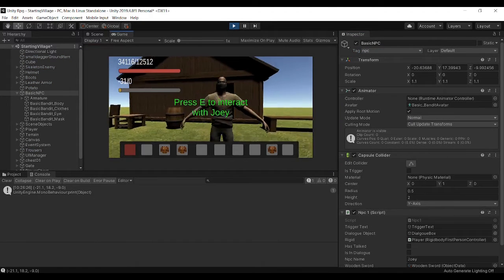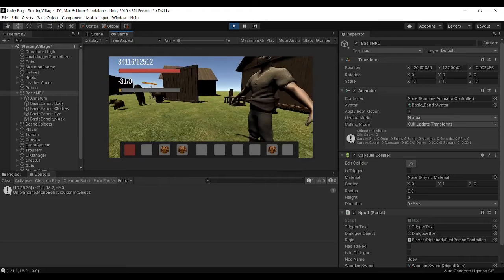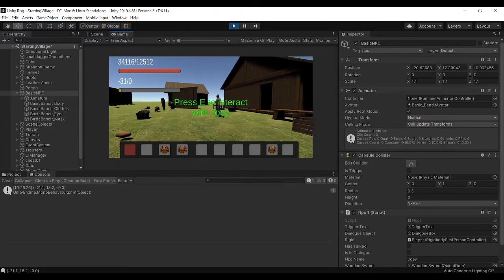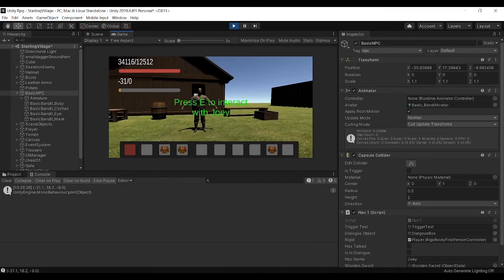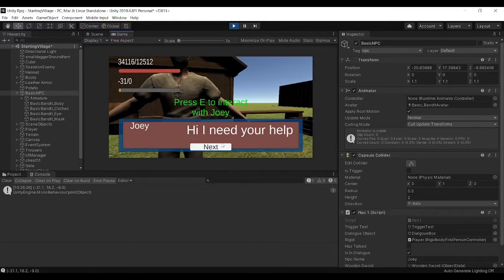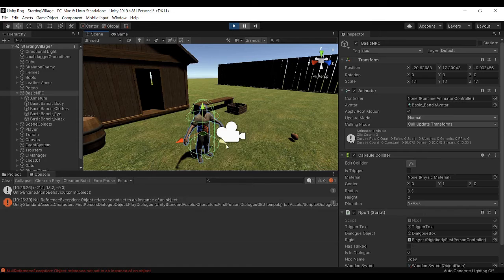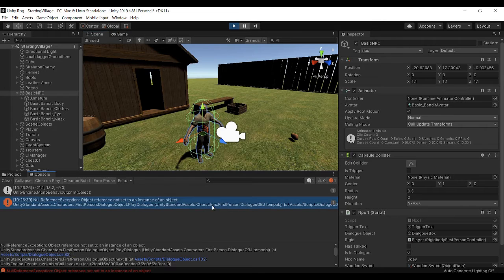Okay, there we go. Now we can press E to interact with Joey. A bug is that we can do this however far away, so we're going to make it so that you can only do it when you're like 2 feet in front of him. If we press E, it says I need your help, and then boom. Now we have